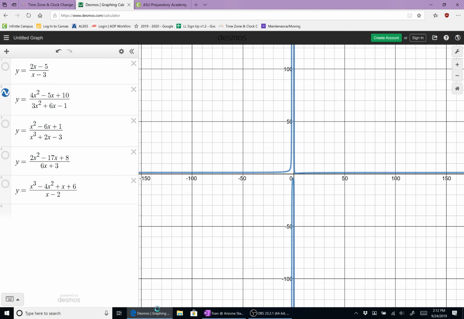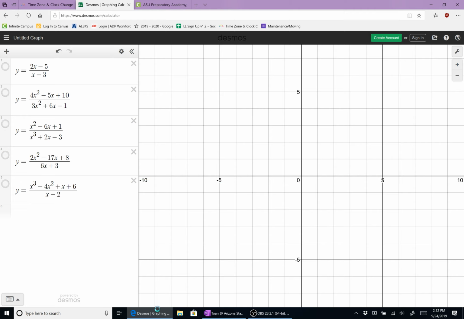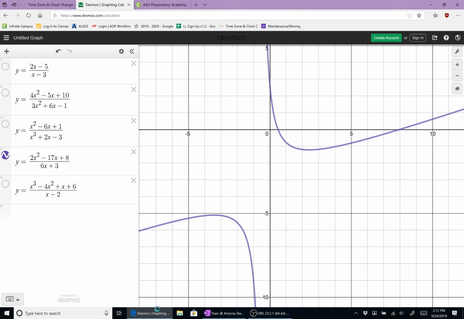Here, according to the rules, it should look like y = 4/3. And indeed, at the far, far left and right, it looks like a flat line. This example also looks like a flat line at the far left and far right. So let's take a look at what happens when I make the exponent bigger on top. What happens at the far ends? A pretty funky looking graph. And if I zoom out,